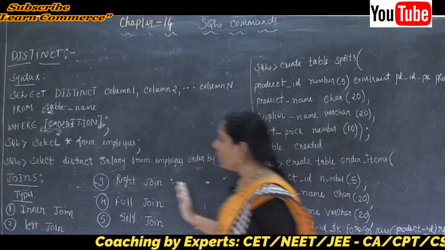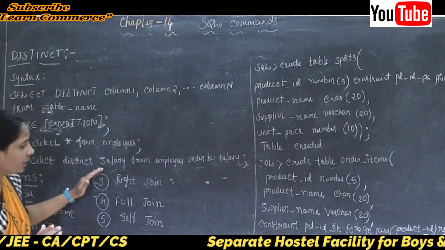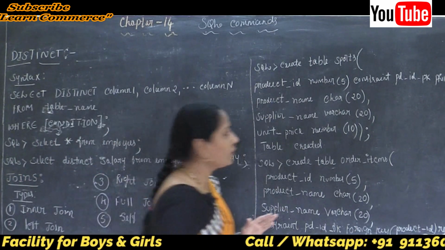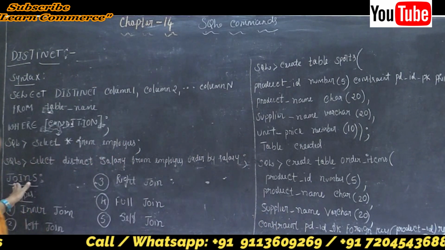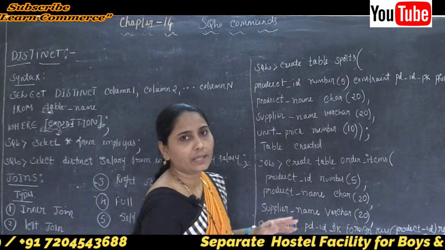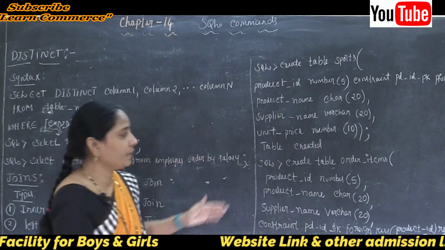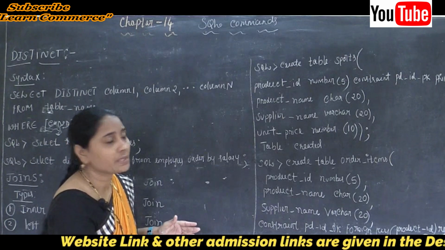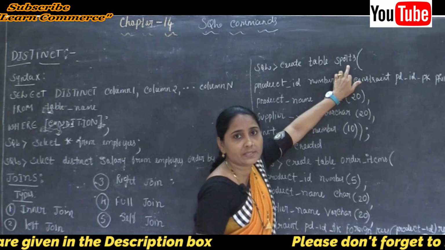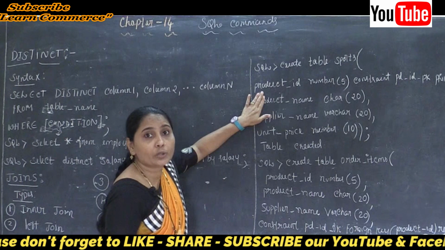Because whatever is there after the joining of the tables, let's see later how to join the tables. Otherwise, let's talk about our join. First of all, we'll complete the creation of the tables. So two tables are there. We know that because the first table is the sports table and the second table name is the order_items table. So the first thing, the create table name is sports, and I want to use some columns with their suitable data types.